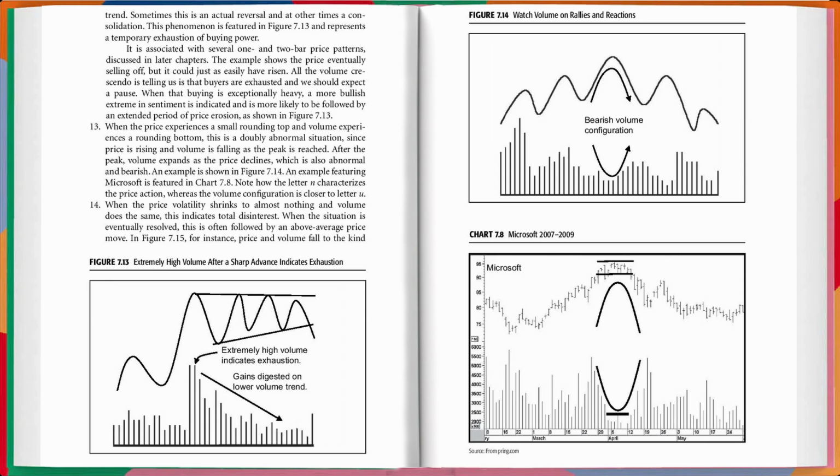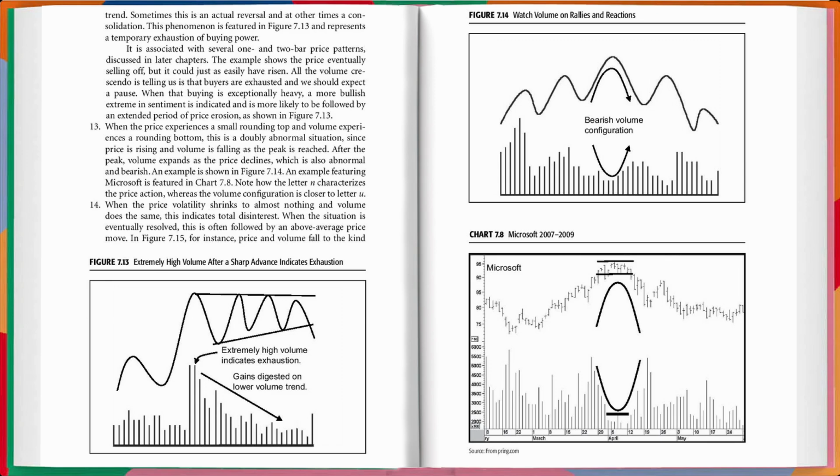When that buying is exceptionally heavy, a more bullish extreme in sentiment is indicated and is more likely to be followed by an extended period of price erosion, as shown in Figure 7.13. 13. When the price experiences a small rounding top and volume experiences a rounding bottom,